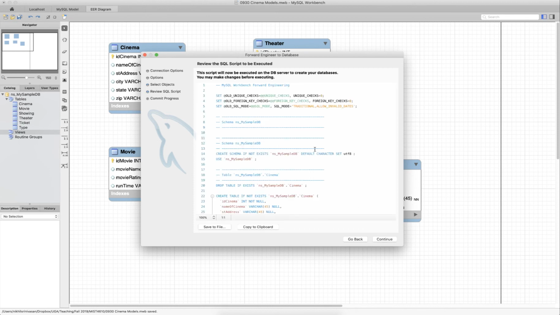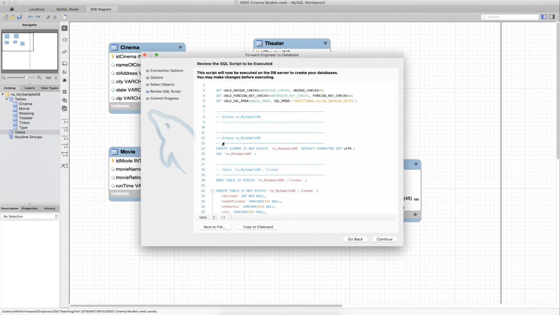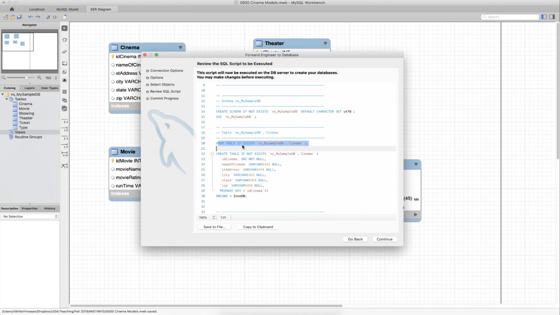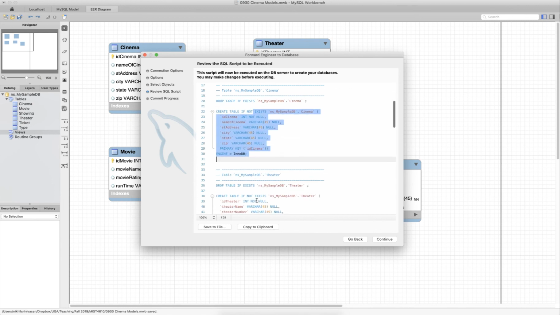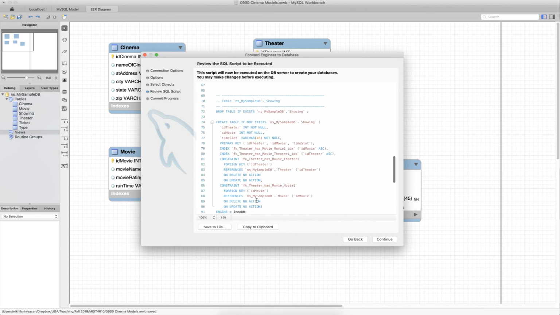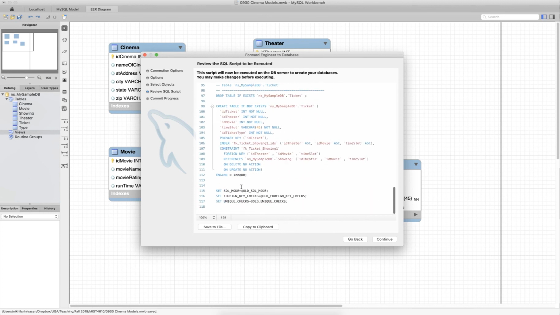And so what MySQL Workbench does is it presents to you the SQL script that it will execute on your database server so that it can create your schema. You'll notice it says create schema if it does not exist. So if the database does not already exist, it makes the schema. Then it uses the schema on the database, and if the table already exists, it drops the table. Otherwise, it creates a table, and so you see all the SQL code for the creation of the tables. And normally, if you had data in your tables based on the fact that we checked the box generate insert statements for tables, you'd have a bunch of insert statements down here. And if you hit continue,